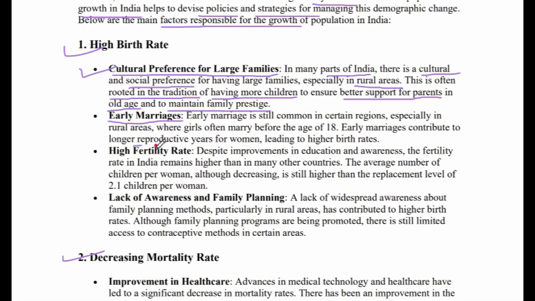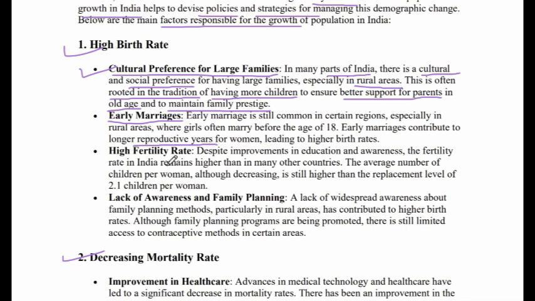Now, the reproductive years is approximately, I suppose, 45 or so, approximately on an average, I'm saying, which leads to higher birth rates because now you have a duration from 18, or maybe 16, till 45. So this leads to more birth rates, more children being born because of the longer reproductive years